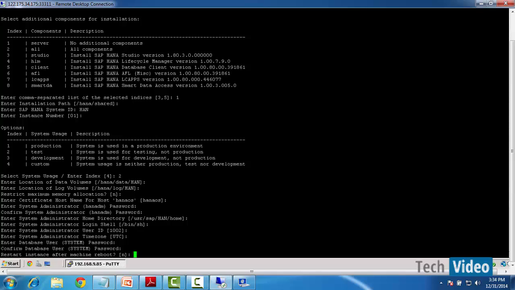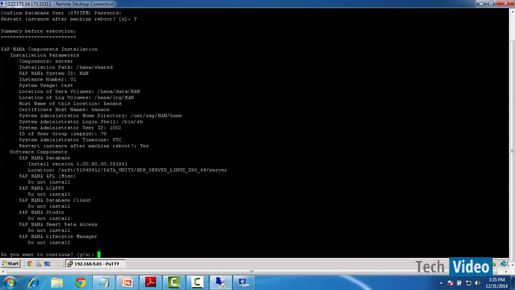Okay, once the password for the SYSTEM user is provided, next, as I said, it will ask whether the instance has to be restarted whenever the server reboots. Could be some unplanned reboots due to some issues, due to some crash at the hardware side. Then the instance automatically gets stopped. So when the server is restarted again, we can specify for automatic restart of the instance as well. So I choose yes for that as a safety measure. Then enter this value,